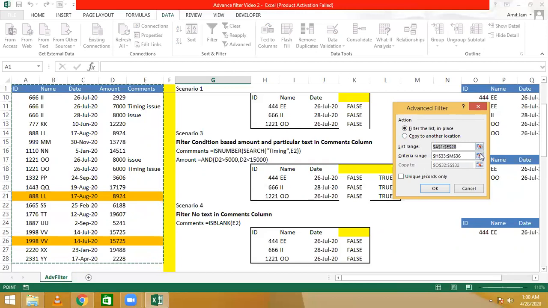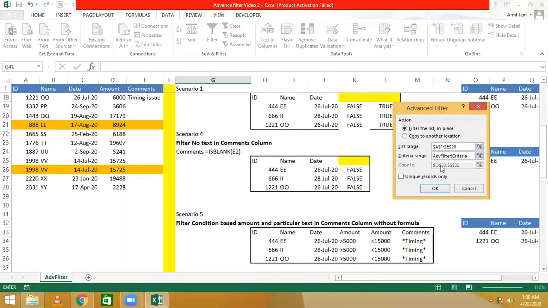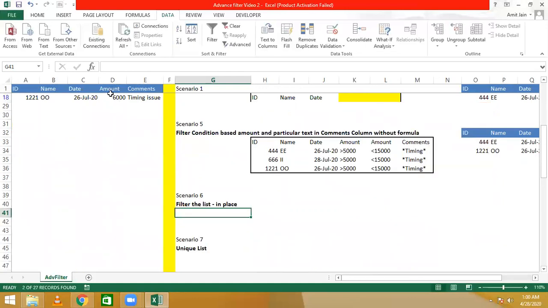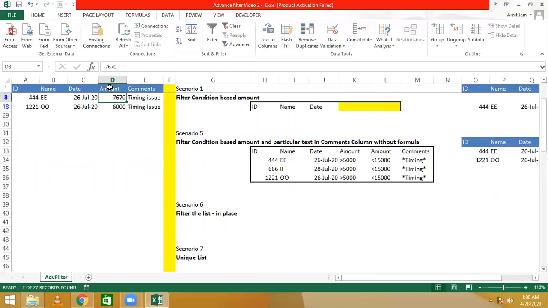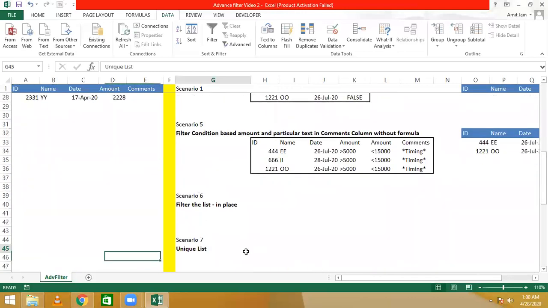So this is fine. Criteria, let's say we want to use this as a criteria, and copy to, you can see this option is already disabled because this option does not allow us to copy the data elsewhere. That's why it turns gray. Unique records only, yes. So you can see we get the same two transactions here as well. That's how you can filter the data in the source data itself.